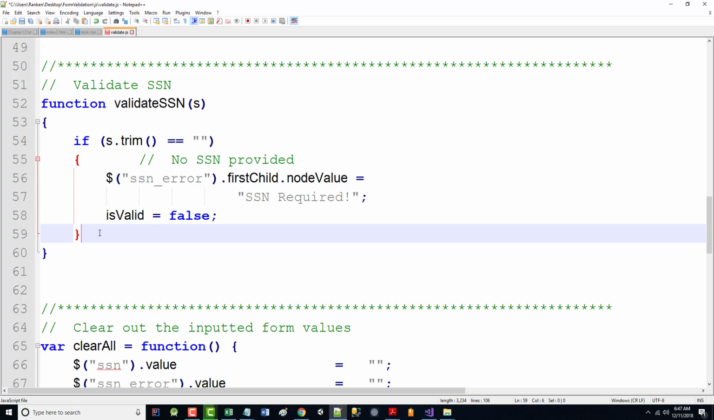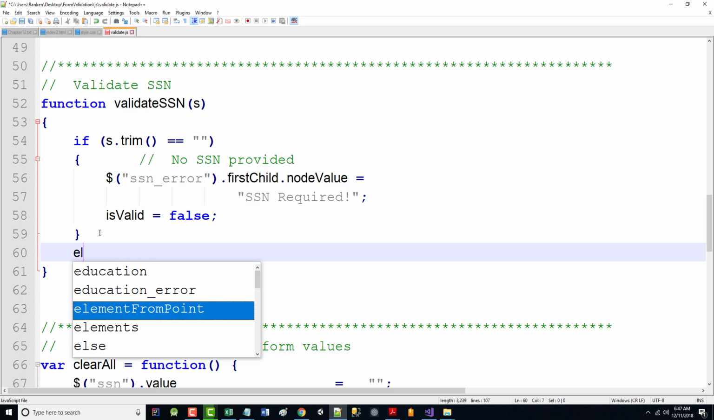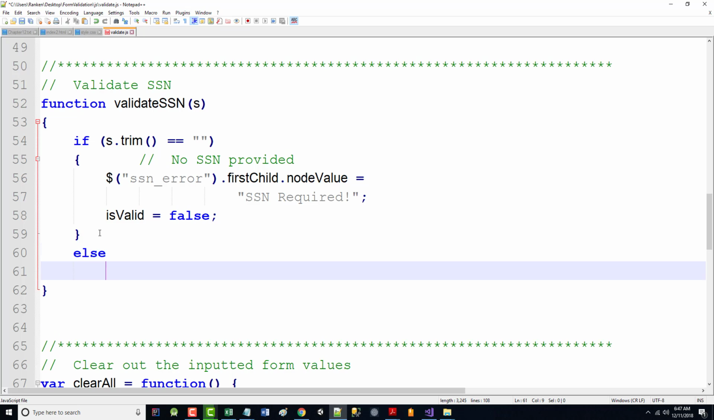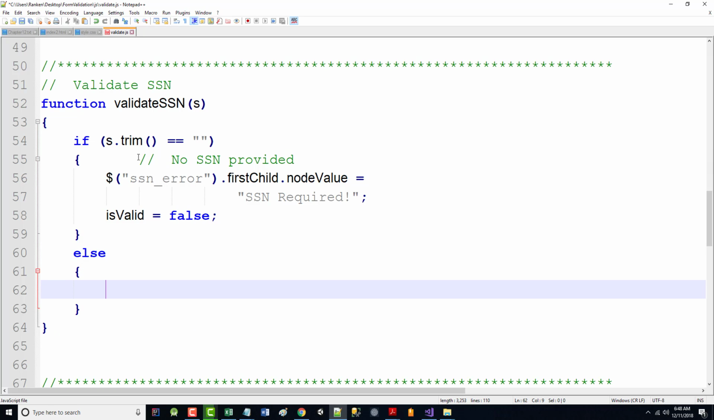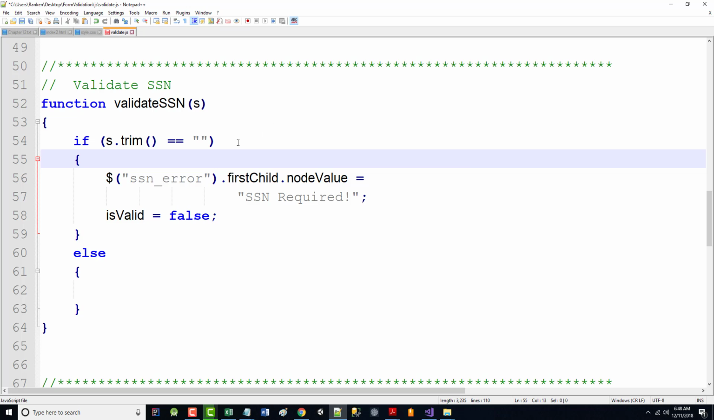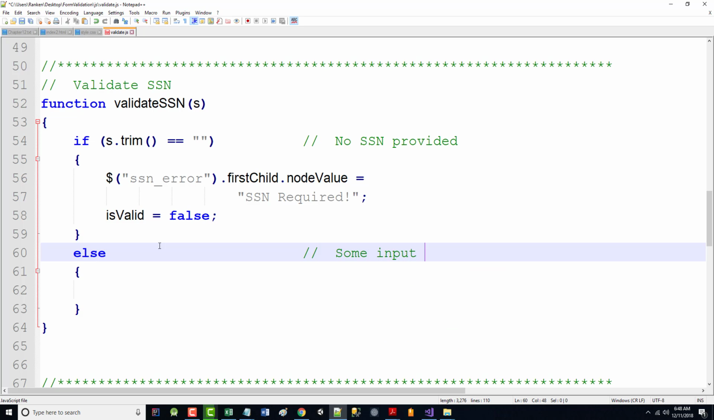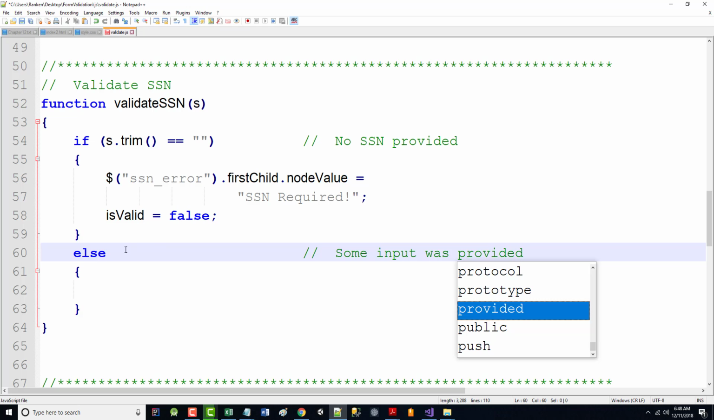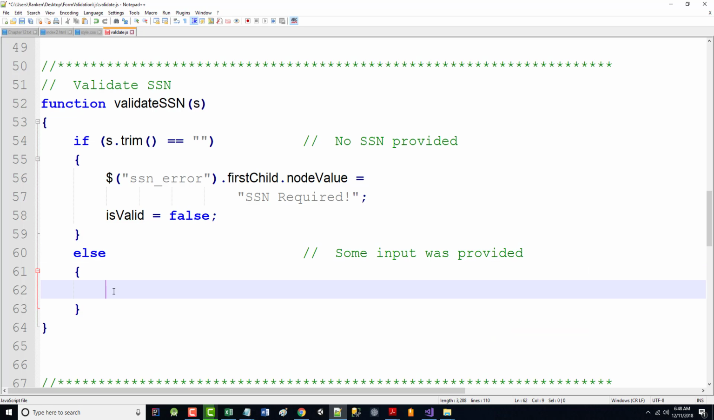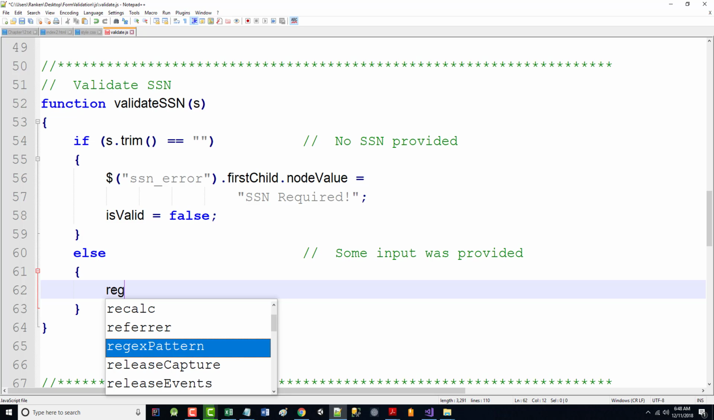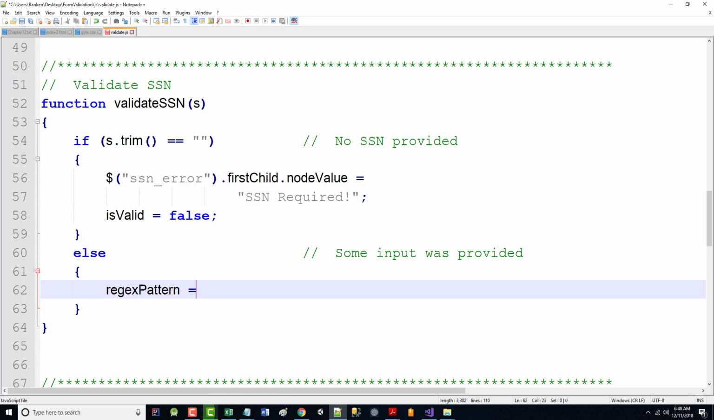If I get down to here, and again, I'm putting this in, this is not meant to be funny. I'm going to grab this and put that comment here: some input was provided. I don't know yet if it's valid, but I know something was put in there. So I'm going to set my regular expression pattern equal to pretty much what I showed you before. Typically you put it within brackets like this, but I'm going to put it